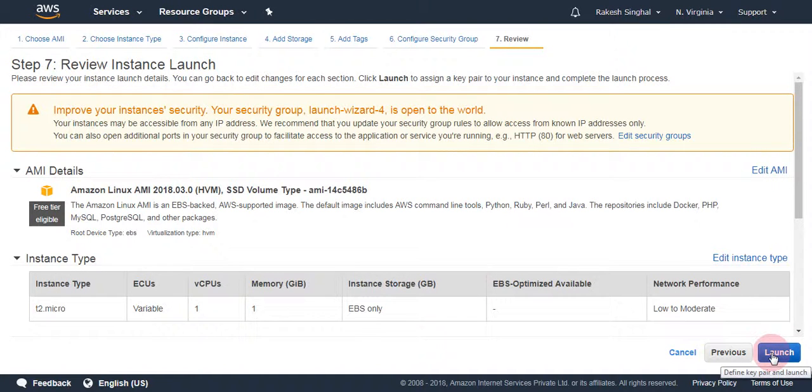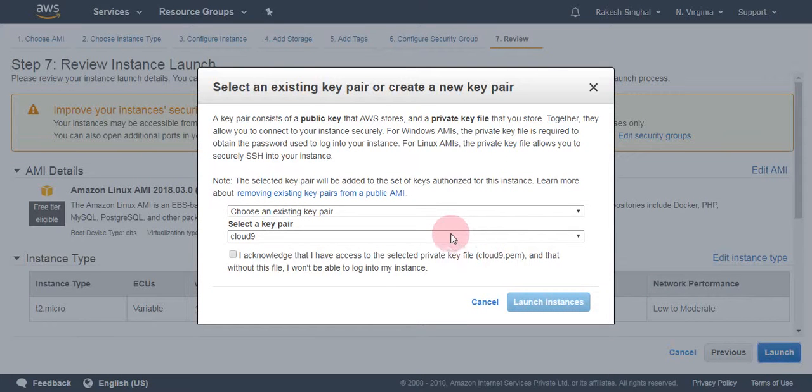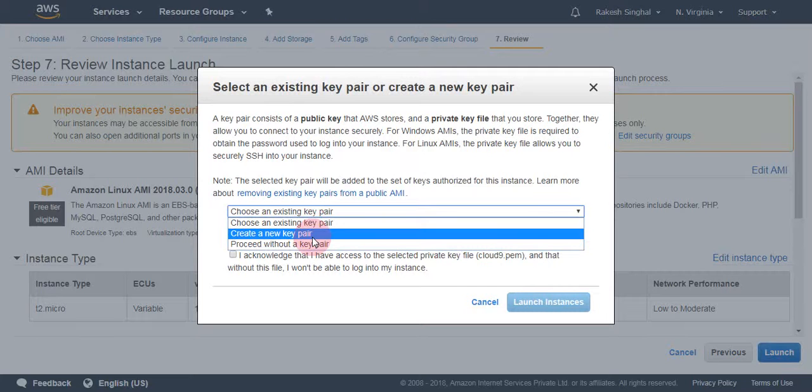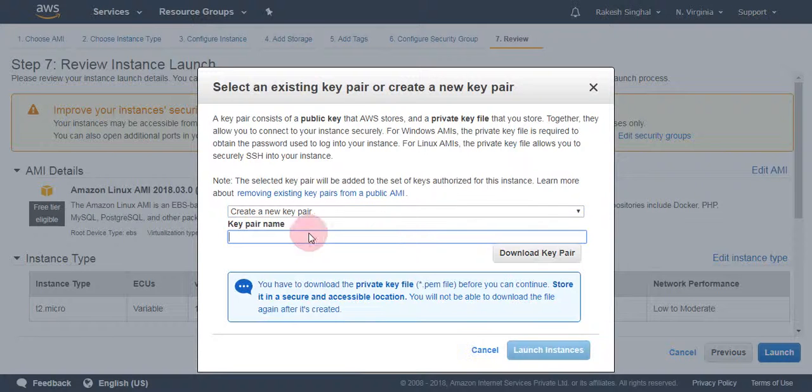and click on Launch. As you click on Launch it will ask you to create a key pair. This key is basically used when you are connecting your EC2 instance with your local machine or with any software like PuTTY. If you are creating your EC2 instance for the first time, just click on Create a new key pair, and name it anything, like EC2